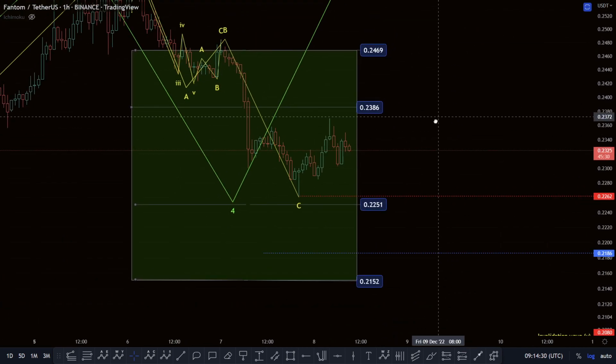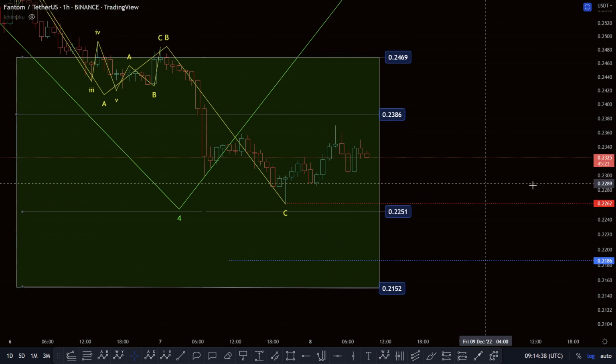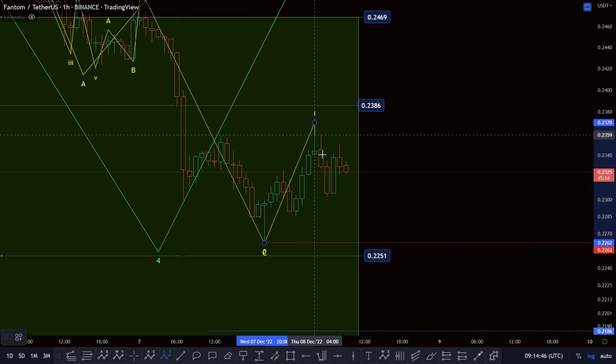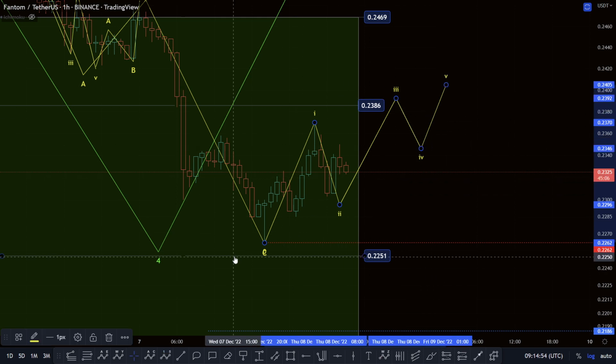So if we are looking for upside moves here, this isn't giving me much confidence at the moment, but we could be setting up a 1-2, 1-2 situation, or it could be forming some kind of a diagonal. And if it's a diagonal, what we'd be looking for is something like this as a 1. This probably comes down for a 2, and then a 3, 4, and a 5 like this, all made up of zigzags. If this is to play out,